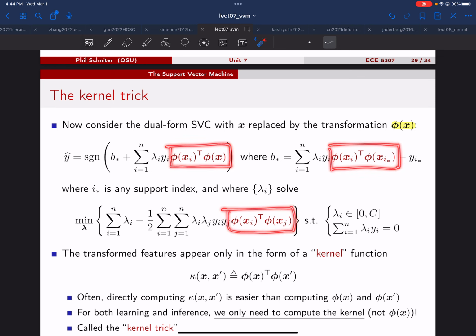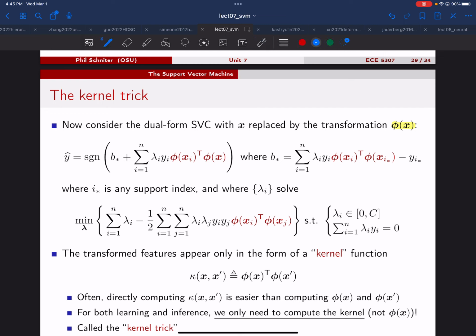It's always phi of one x transpose phi of another x. In the first case, it's xi and x, xi star, xi xj, but it's always like one x and another x. And so instead, let's just represent that as some new function, we'll call it kappa, and this new